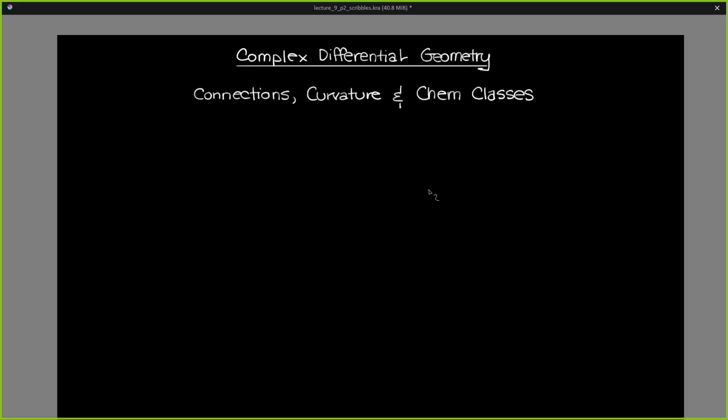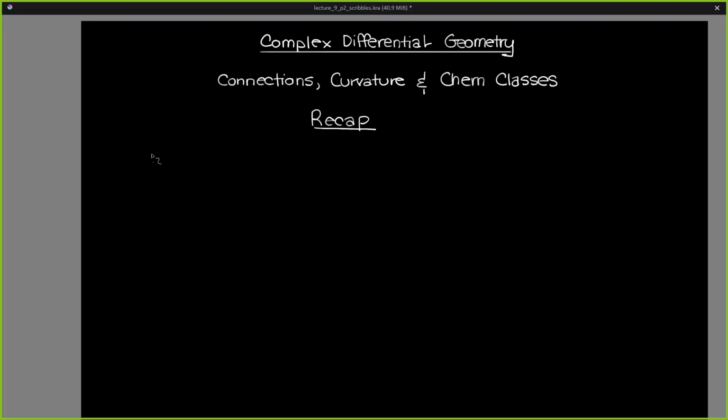So before we get back into what we were doing, let's do a little recap. So what were we doing last time? We started off talking about connections. So we defined something called a connection. And this was a map, nabla,